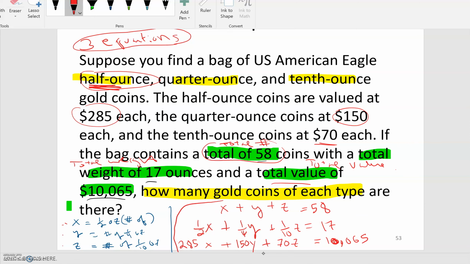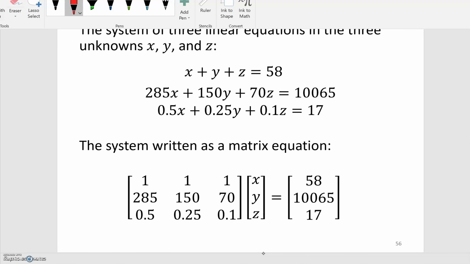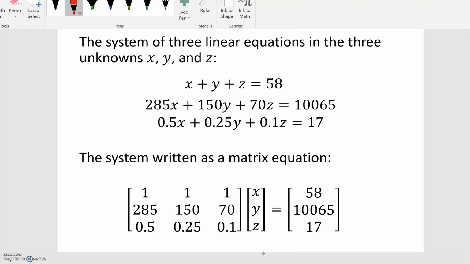And there you go. A 3x3 system awaits us. So that is 3 linear equations and 3 unknowns. I was careful when I was putting this together to put everything in the nice normal form, so I don't have to do any fancy footwork. Let me just skip to my matrix system. So here is the matrix. It's a little bit different order. This one puts the total amount and then the total value and then the total weight. So this would be amount,